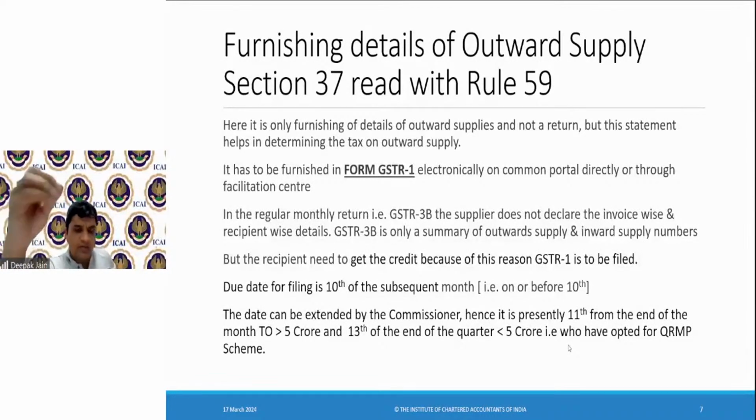QRMP scheme, Bhaskar, let me tell you now for your information, that any person who has a turnover below 5 crores, then he can file a quarterly return and make monthly payment. So the full form of QRMP is quarterly return monthly payment. You have to file quarterly returns and make monthly payments. Because you are a small dealer, you file your returns quarterly, but taxes you will have to pay monthly. That is the scheme of QRMP.